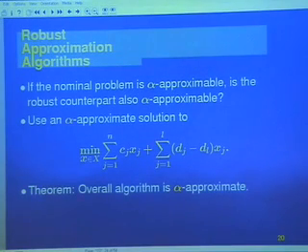Something similar also happens. Again, this is a continuation for the theoreticians in the room. Namely that, suppose the original problem is approximable to a finite constant. Let's say it's guaranteed to be within a factor of the optimal, like for example the traveling salesman problem. We have guarantees about it under some assumptions. The robust counterpart of the problem would also have the same guarantee. So in other words, the good properties that we have developed for the nominal problem are transferred. Also a rare property. Approximation methods, if you change them, typically do not maintain the approximability, but in this particular case they do.